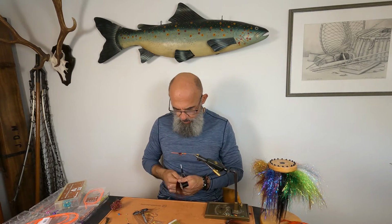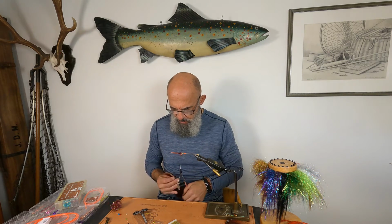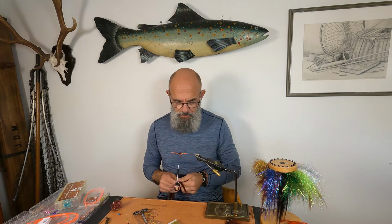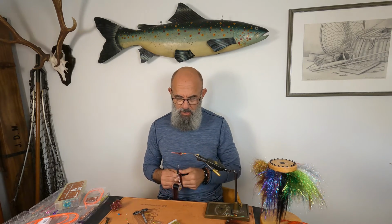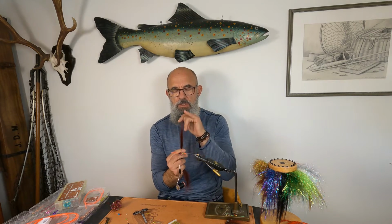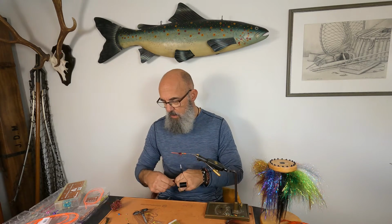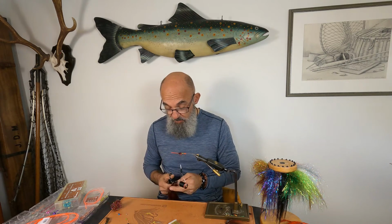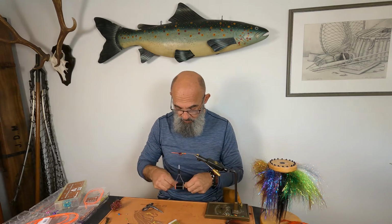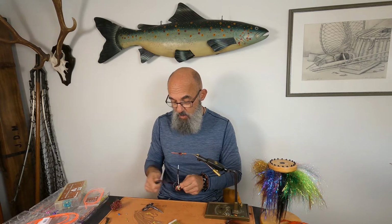Okay, I'm gonna do a wing here with two different colors, and the difference with the hair I use on samurais is that it's straight. This was pretty soft. It doesn't really matter if it's soft or stiff. This fly is meant to be swimming sideways to the fish,